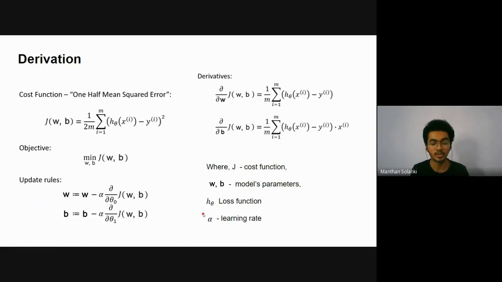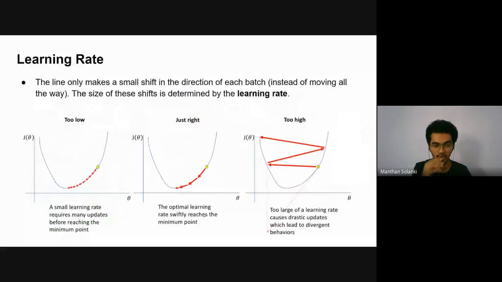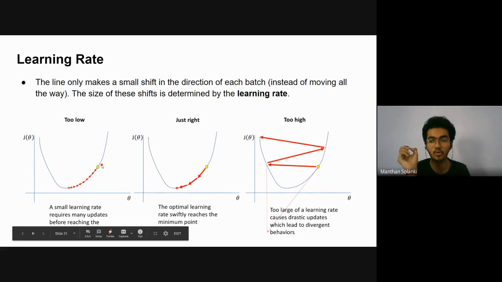Why do we need to choose the right learning rate? Because there are three scenarios. First one is, if I choose the learning rate too low, say 0.00001, then whatever derivative I multiply, it will give a minimum value, and it will subtract that minimum value from our variable.